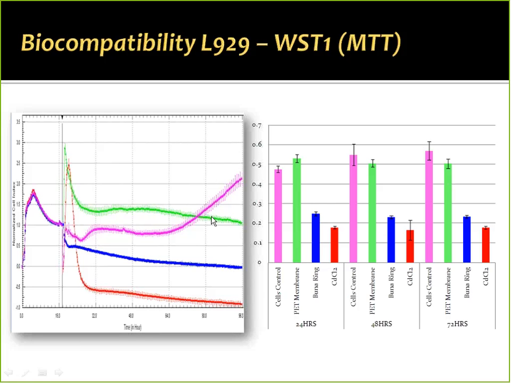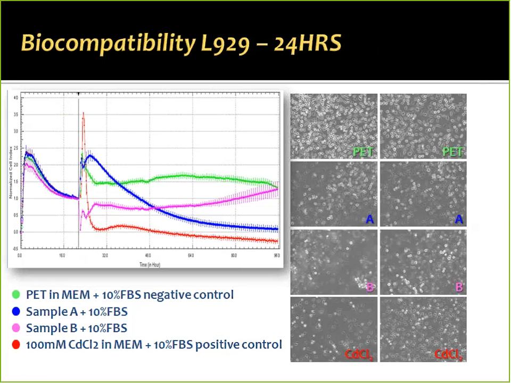So we validated both by eye with the xCELLigence as well as with MTT-WST to ensure that these cell indices were consistently telling us the right story before sending things out to our independent certified laboratories for testing. So here's an example of when things don't exactly look straightforward, and it's a little harder to tell what the cell index should be. At the top is your negative control, the PET membrane, 2 test samples, A and B,